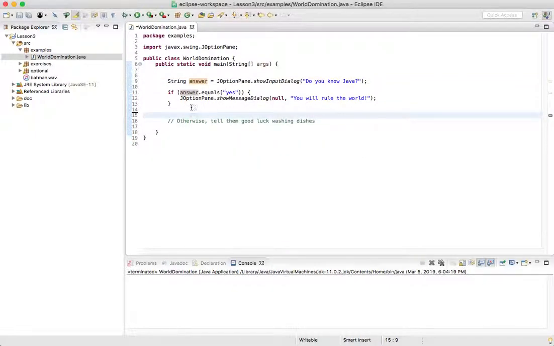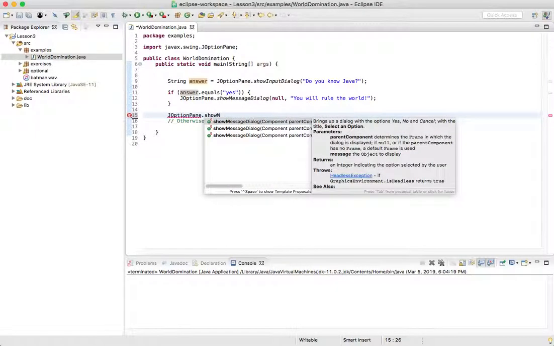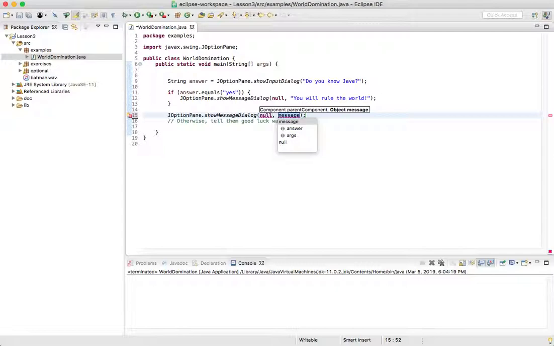Now, how would I do this otherwise? Well, I know what I want this pop-up to look like. It's going to be a message dialog. It's going to have a little null in there. And then we're going to say, good luck washing dishes. Now if I run it,